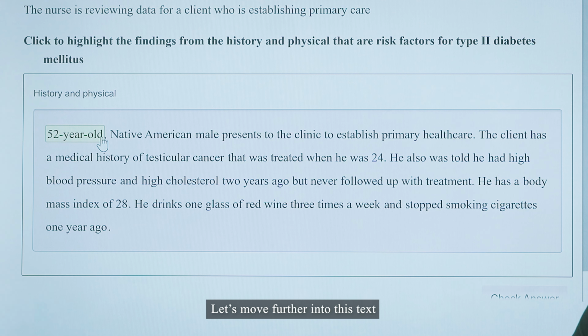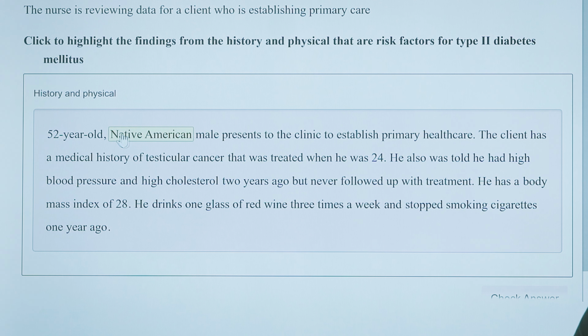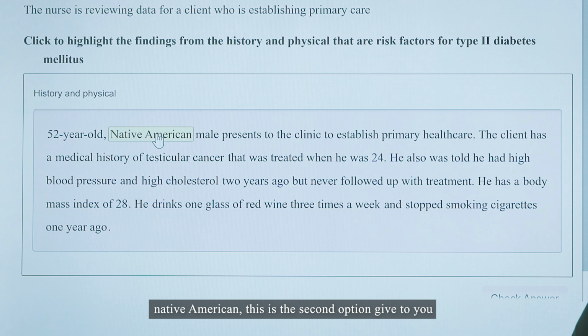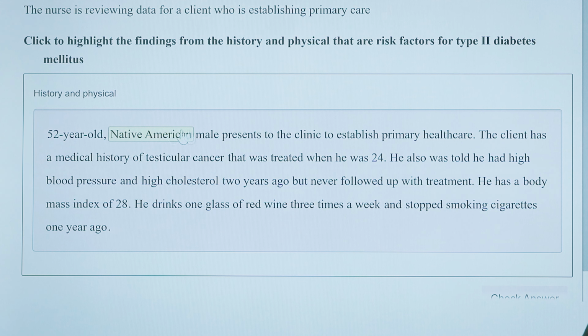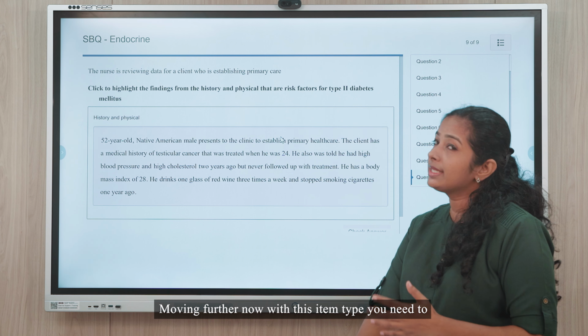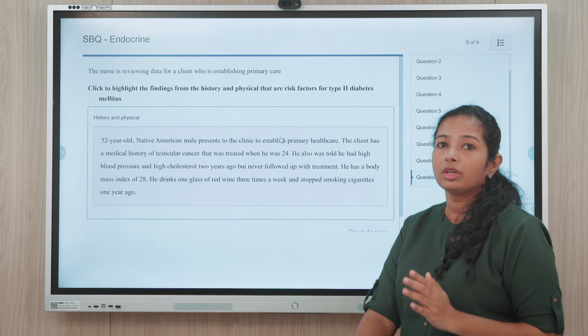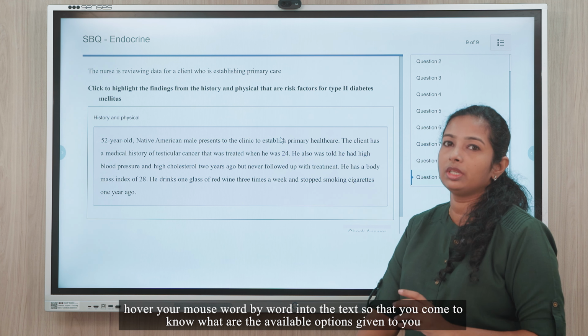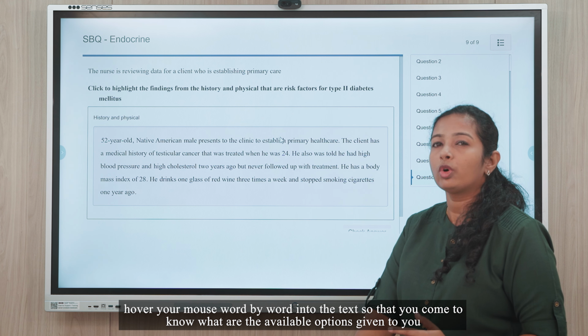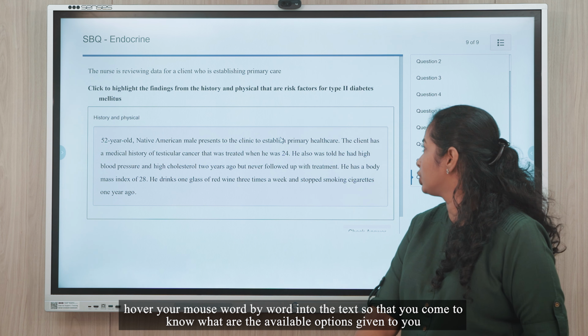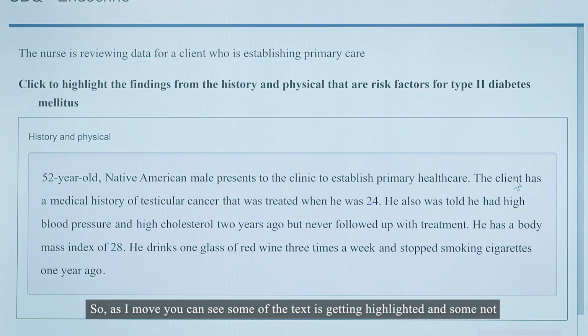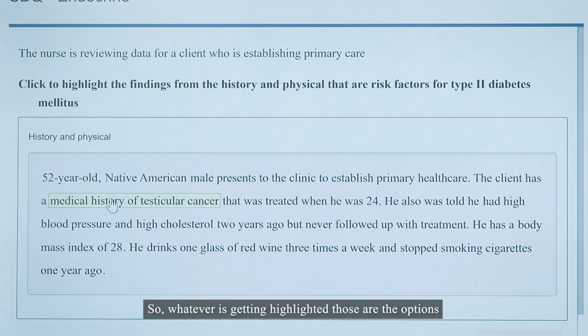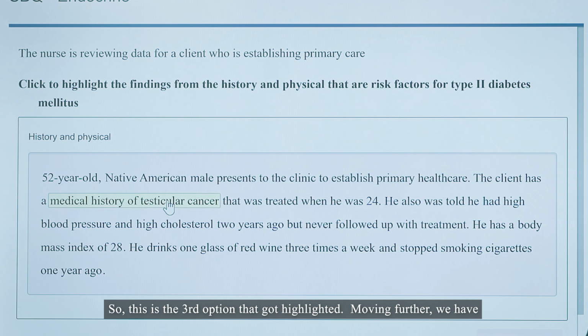Okay, let's move further into this text. Native American, this is the second option given to you. Moving further, with this item type, you need to hover your mouse word by word over the text so that you come to know what the available options are. So as I move, you can see some of the text is getting highlighted and some not. So whatever is getting highlighted, those are the options. So this is the third option that got highlighted. Moving further, we have